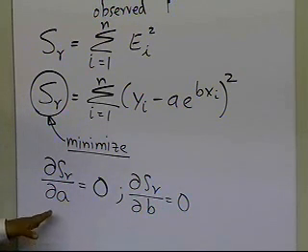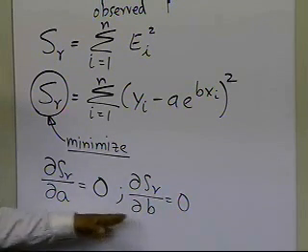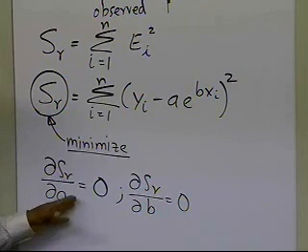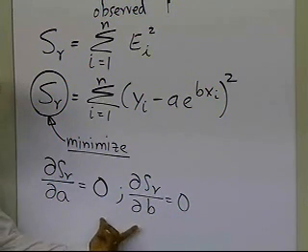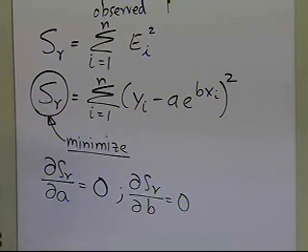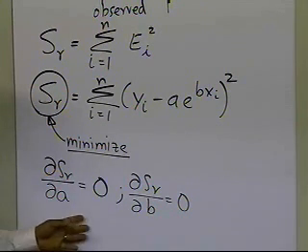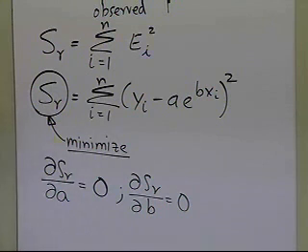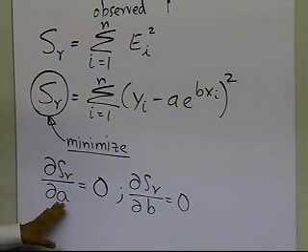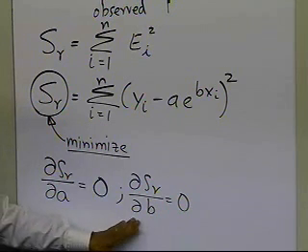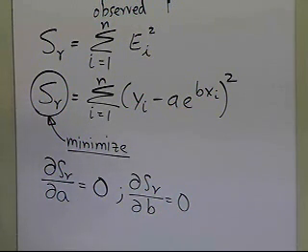We're not going to go into the proof to show that it corresponds to a minimum, because by taking these derivatives equal to 0, you're only finding the local max or min. It's a little bit more complicated proof to show that it corresponds to a minimum. But let's concentrate our attention on finding the partial derivative of Sr with respect to a, the partial derivative with respect to b, and put that equal to 0 and set up these two equations in two unknowns.